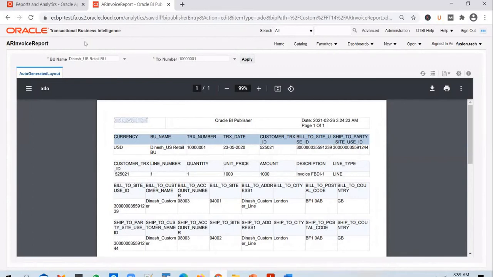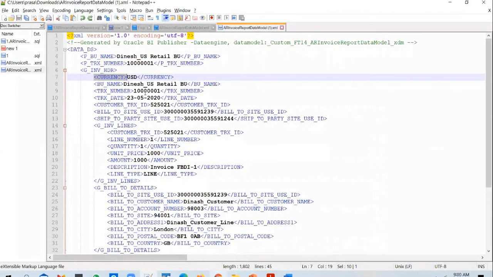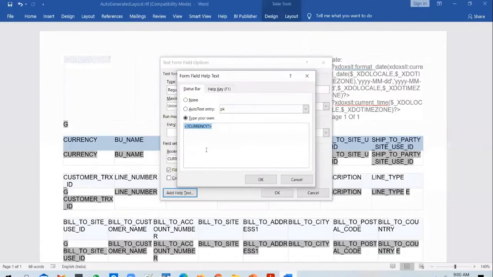So it will run the data model, and that data model will pull the information in XML format, and this XML will be generated. This XML file will be consumed by the RTF document. Wherever these XML tags are there, it will replace them with the actual values.